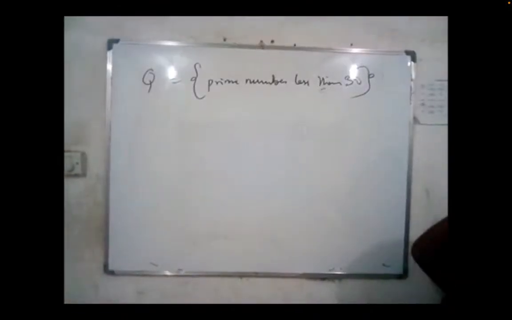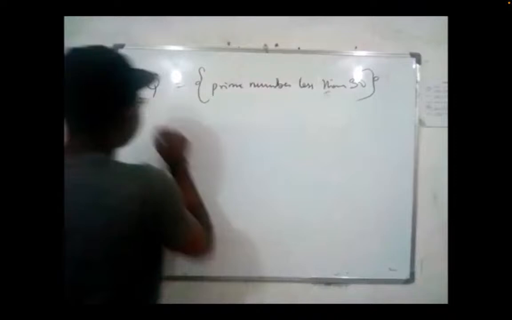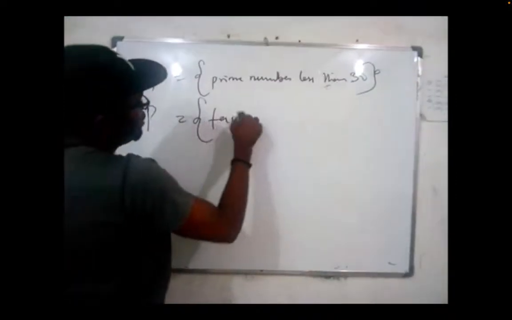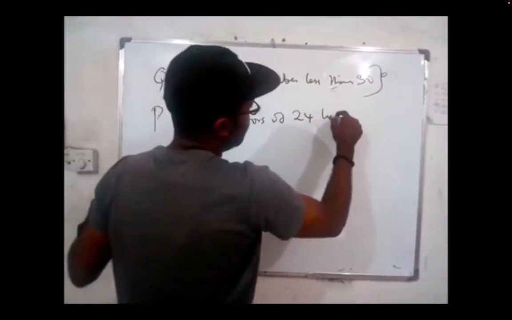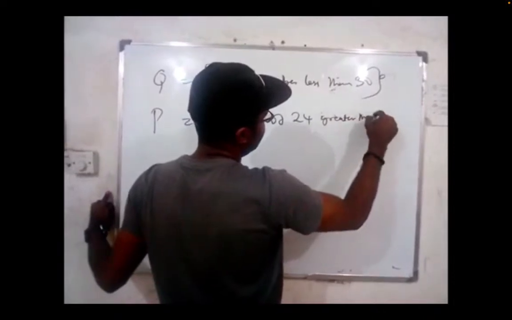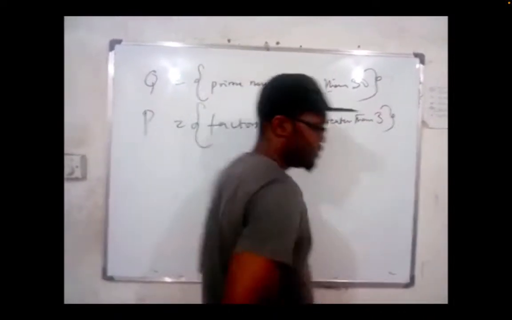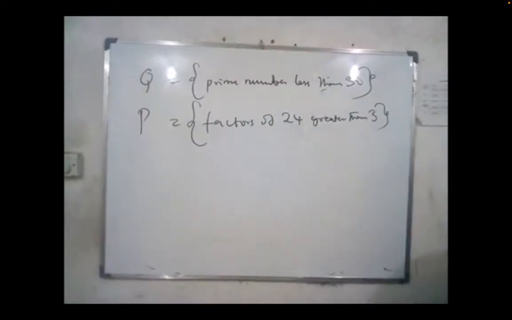Number 2, factors of 24 greater than 3. List me factors of 24 greater than 3. So list it explicitly. And finally,